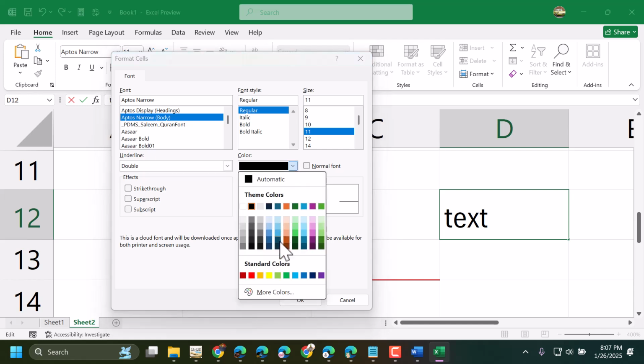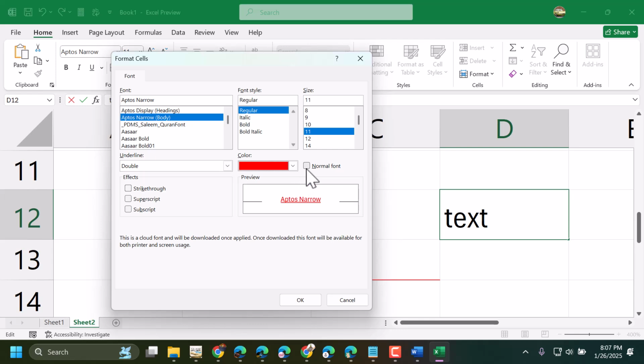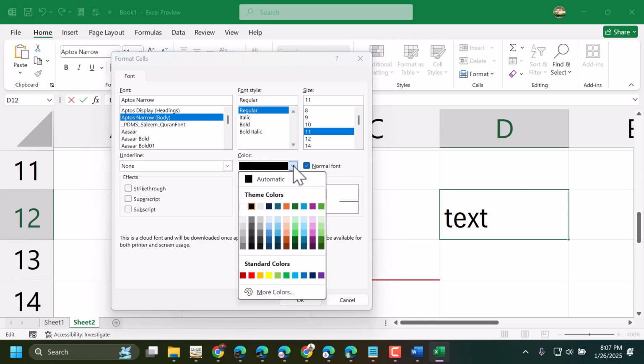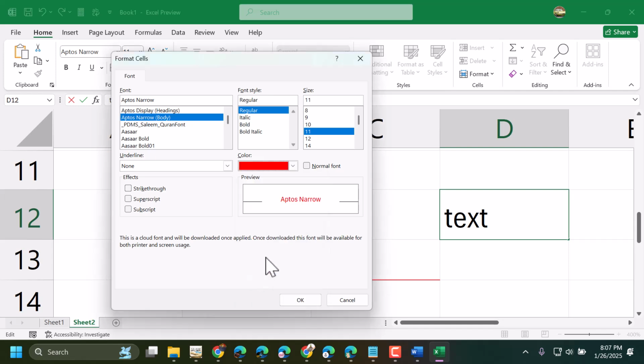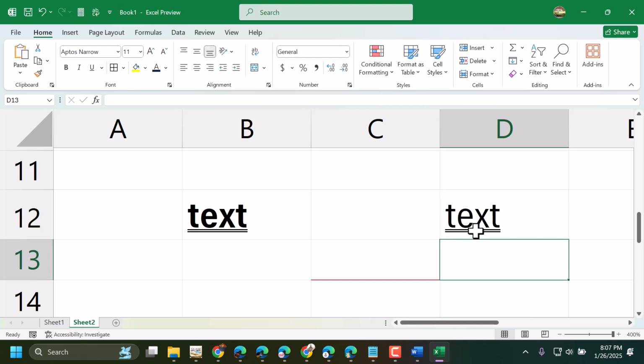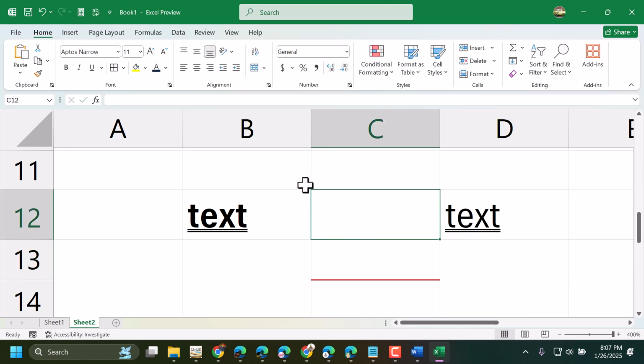and here select any color and select normal font. Double, click on OK. Like this. To insert the double underline for this cell, select it